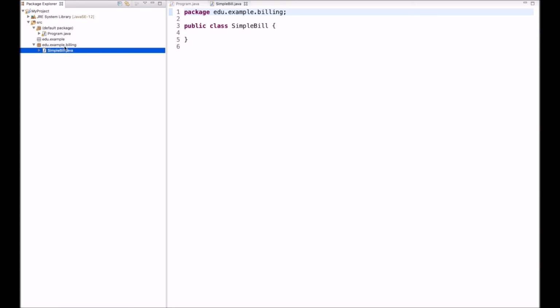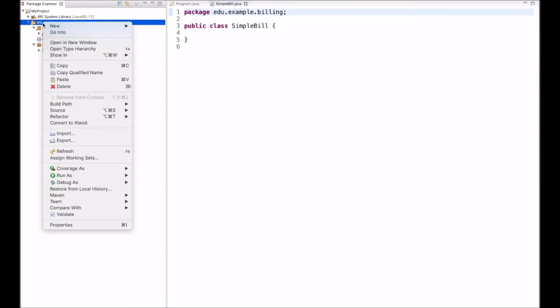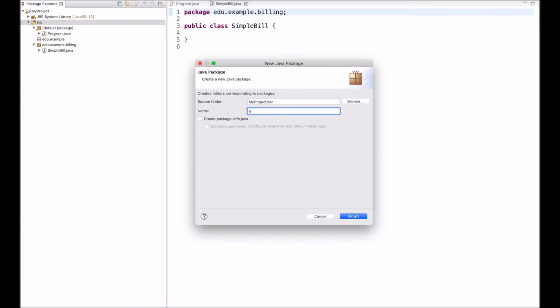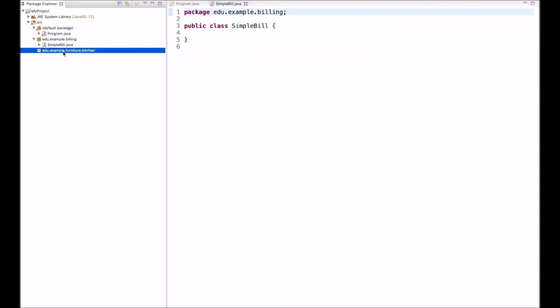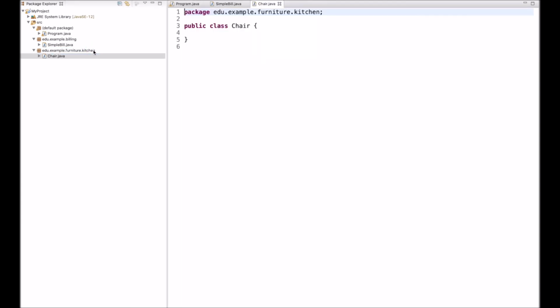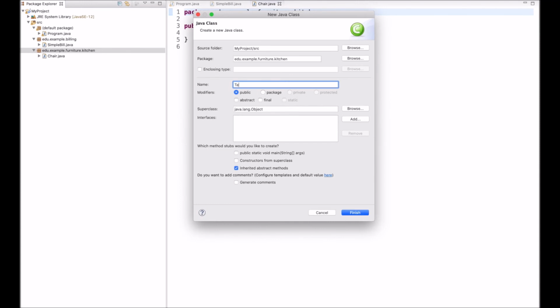Now with multiple folders, I can organize my classes. Let's say I have a furniture store, and I want to create different packages. I have already one for billing. I create another package for, let's say, furniture.kitchen. And then inside the kitchen, I create different classes, such as chair. Maybe create another class, table,